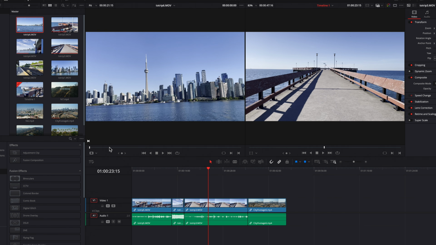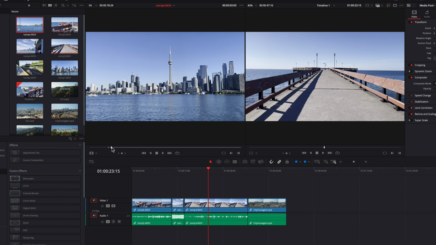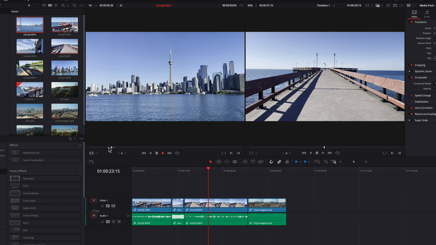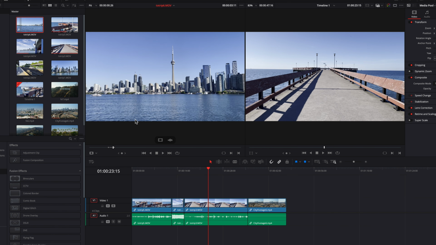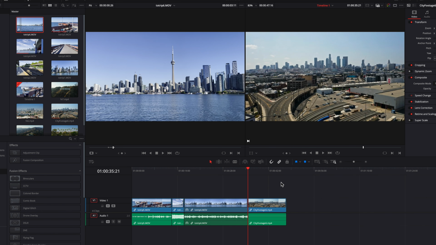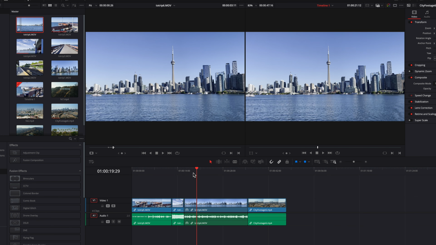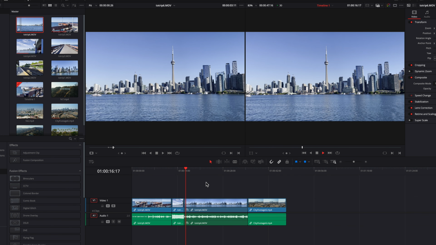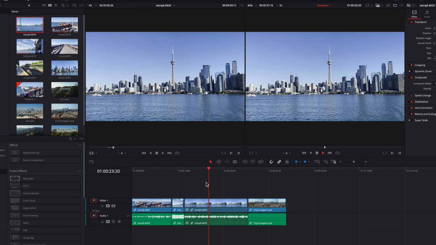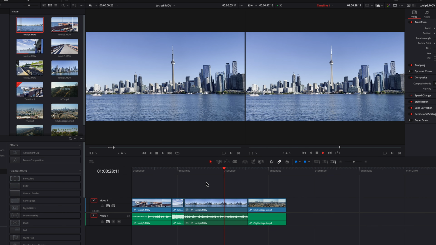Okay, so now to demonstrate, I'm actually going to set an in and out point, but a very short and brief one. You will see that it's just like a 1 second clip. And then what I'm gonna do is to now execute the fit to fill command. And then you're going to see that it's going to fit this very short clip into this clip that intersects with the playhead. And because the duration of this clip is much longer, so now you're going to see this super slow and choppy playback as a result,